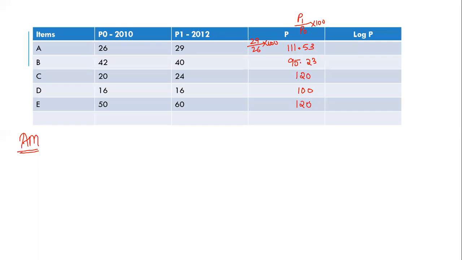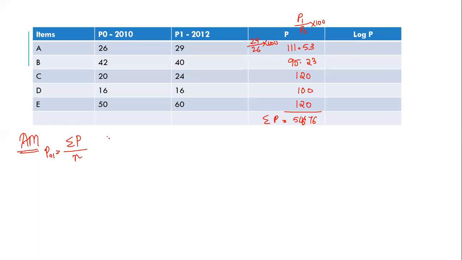Okay, so arithmetic mean is very easy. Just find the value of P. Do the total. What is the total of summation P now? It is 546.7. Okay, 78 or 76, not a problem. 546.76. Okay, now find the value. Now what is the formula? Summation P divided by N. Okay, P01 is equal to summation P divided by N.